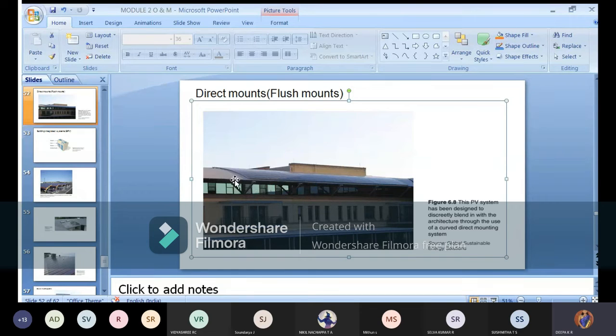Curved means you will definitely get small variations, like 1 or 2 millimeters, which you can find in an attachment. So you can assume a small distance is maintained between the module and the surface. Okay, and this will look very nice because you don't have any extra rafter or connection, nut, bolt, nothing is visible.